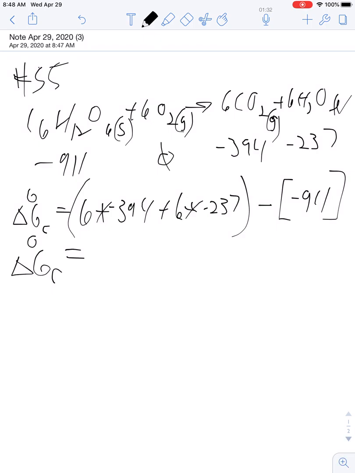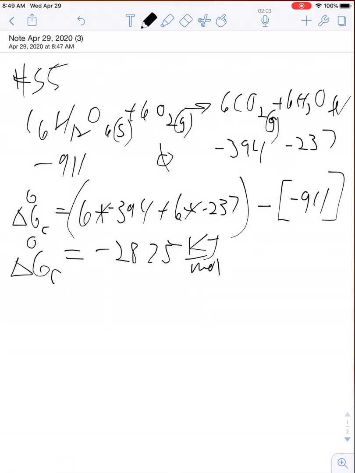So the Gibbs free energy for this reaction. Okay. So now what we need to know is